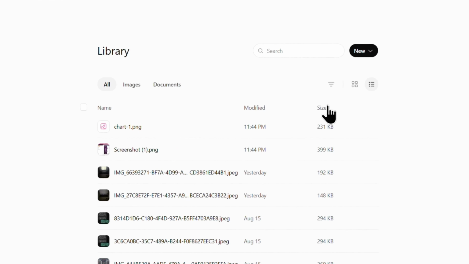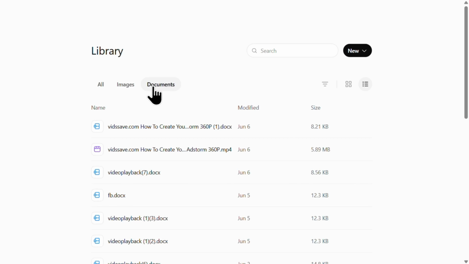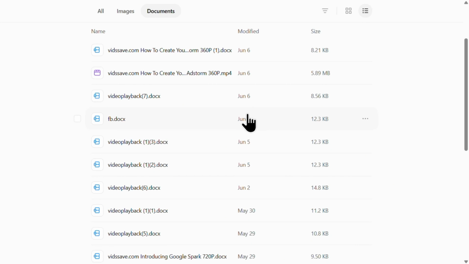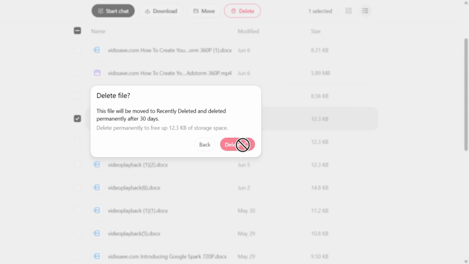So once you're here, you can select Images or Documents at the top. So let's select Documents, for example. So scroll down and find the file you want to remove. Next, click this box right here to select the file and click Delete at the top and click Delete again